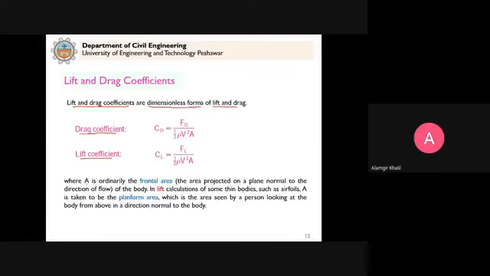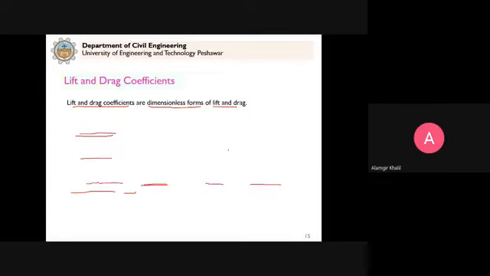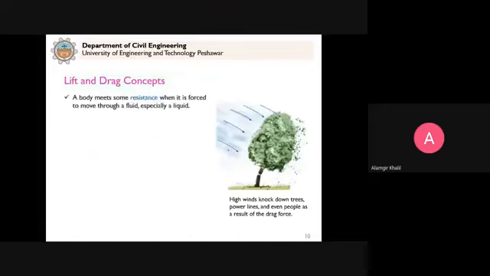So in these two equations, A is ordinarily the frontal area, the area projected on a plane normal to the direction of flow of the body. So in the case of the drag coefficient, this area A will be the frontal area. That is the area projected on a plane normal to the direction of flow. Clear? For example, if I go back here and show you the example here,